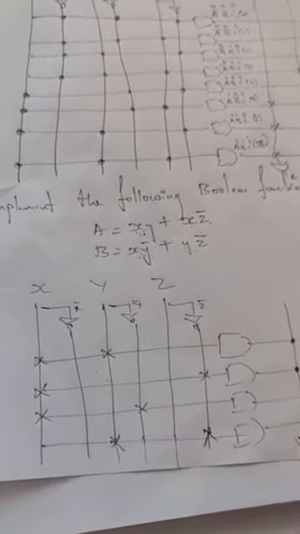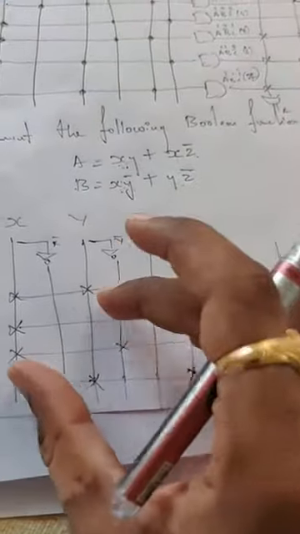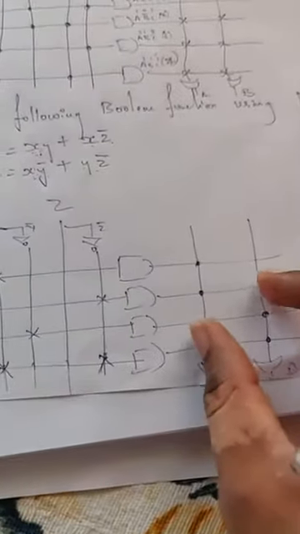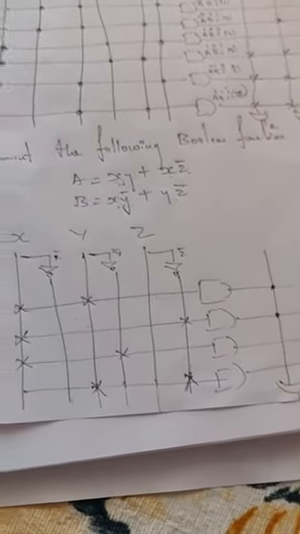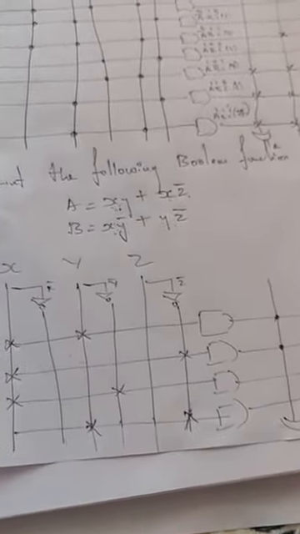Getting it? We have made changes with respect to the AND array. This OR array is fixed. Based on the number of products, I've just written those. So rather than writing all these, as I explained in the previous video, you can go with the number of products just like this.